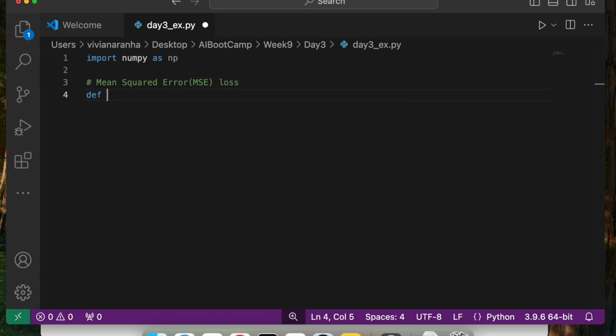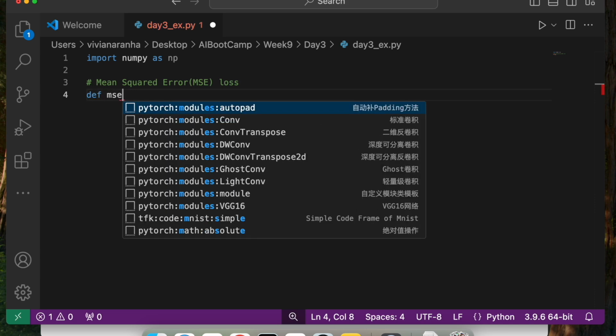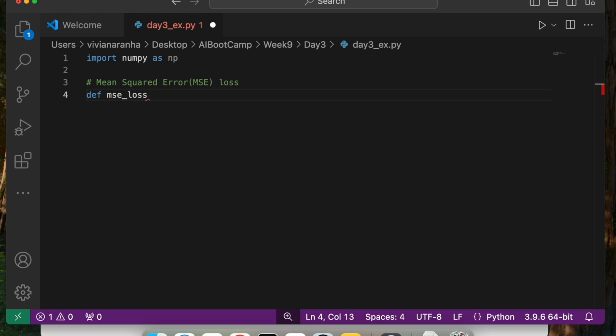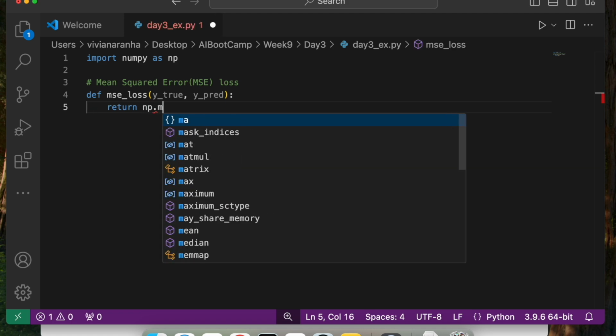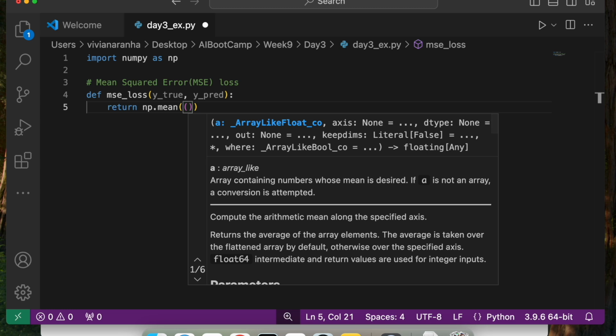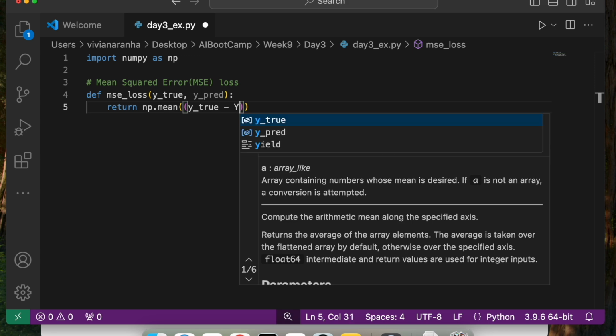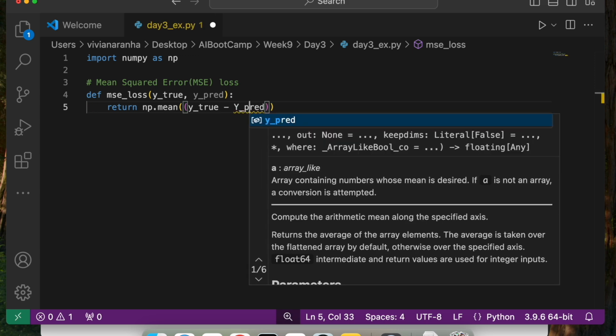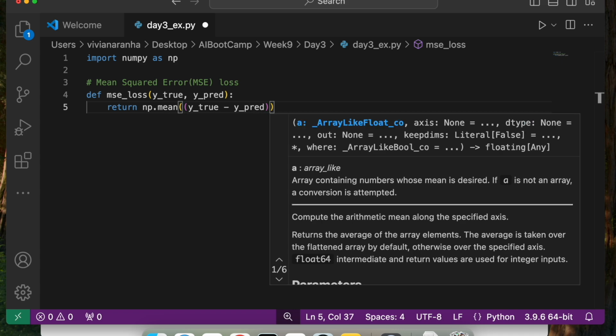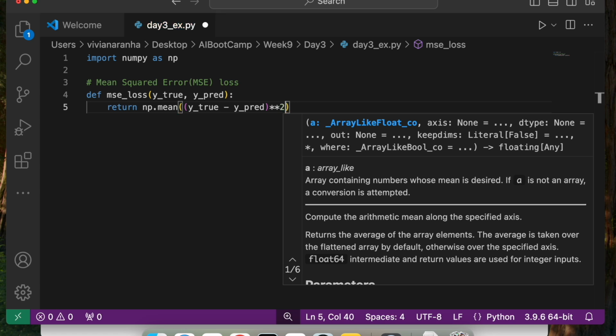The way to define this function is: def mse_loss, taking y_true and y_pred values as input, and this will return np.mean of (y_true minus y_pred) squared. So that's how we define MSE loss.